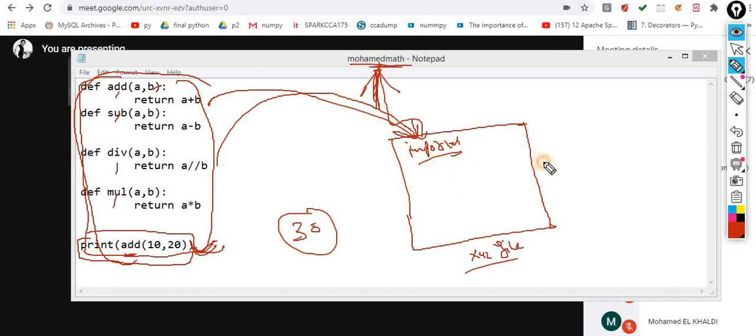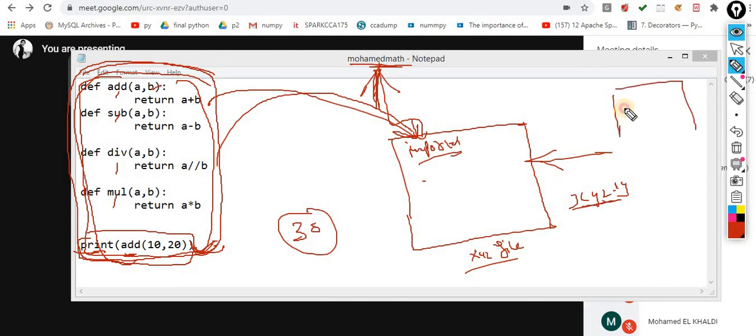Now, when I execute this xyz.py, automatically it executes all these things. Here I am printing this one, and it would appear on the screen first. After that, I am calling this add function over here, with 10 and 20, so it returns 30. So 30 would be here, and here again 30. That means I am getting 30 two times: one time from this line, second time from this line.